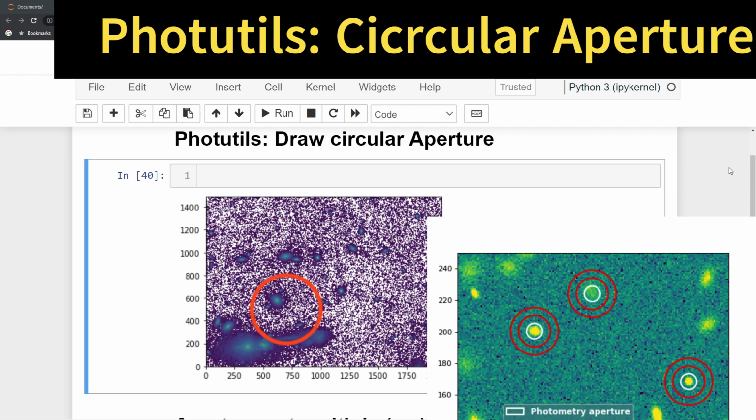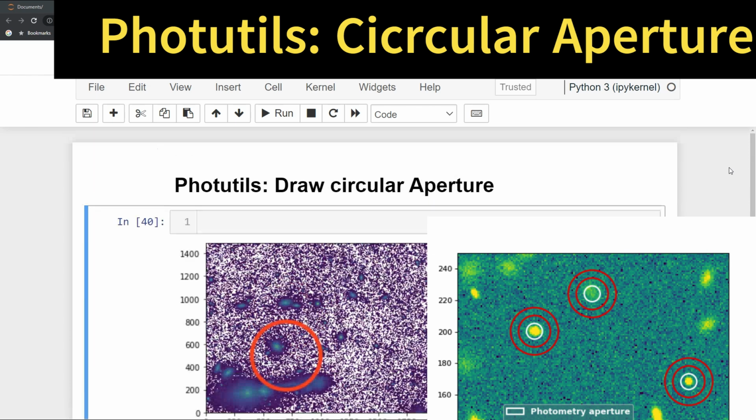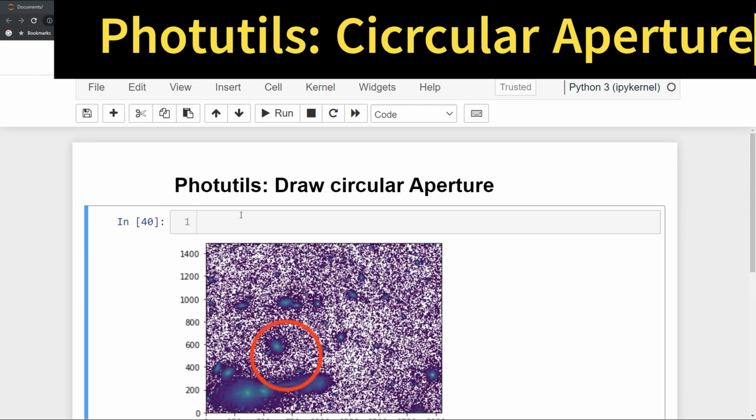In this Python tutorial you are going to learn about Photutils, the Python module used for photometry of astronomical sources. We'll be drawing circular apertures around the source, such as multiple apertures at a single xy position and multiple apertures at different positions. So let's do it. First you need to